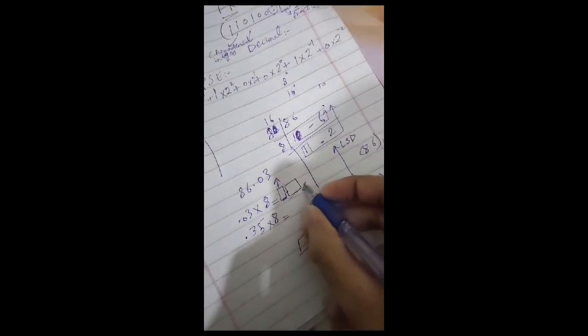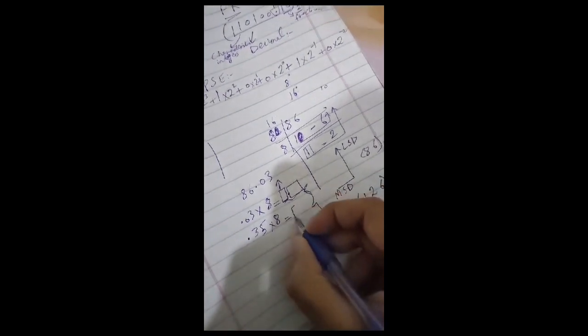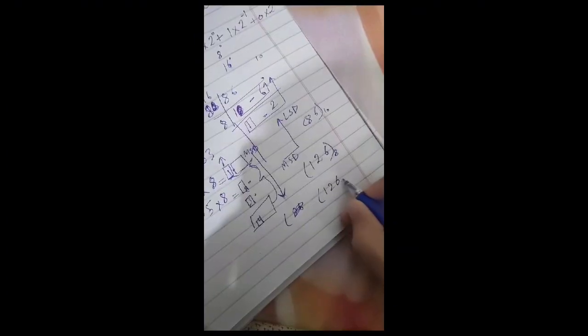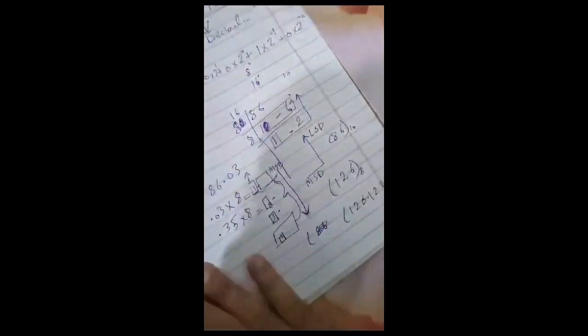तब तक करेंगे जब तक हमारे पास एक होल नंबर नहीं आ जाता या फिर दोबारा कोई नंबर इनमें से रिपीट नहीं हो जाता। फिर जो हमने नंबर सेव किए हैं पॉइंट से पहले वाले, इनको हमने लिखना है फ्रॉम अपवर्ड टू डाउनवर्ड। इधर मोस्ट सिग्निफिकेंट अपवर्ड वाला होगा और लीस्ट डाउनवर्ड वाला होगा। तो यहाँ पे समझ लो 1 2 3 आया है और यहाँ 4 है, तो हम लिखेंगे 126.1234 बेस 8। ये इस तरह करना है।